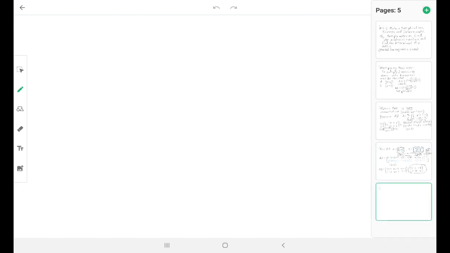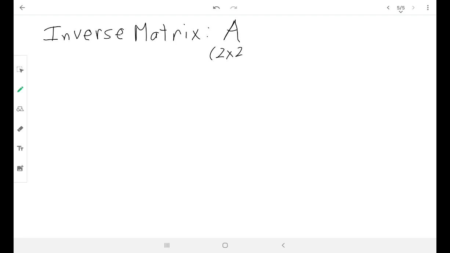Let's then talk about a different idea, which is an inverse matrix. And the way an inverse matrix works is that if you have, let's say you're doing it with 2 by 2s, which is going to be the only inverses that we have right now. We're going to have to talk about determinants also, but the way an inverse matrix works is that if you have, let's say, a matrix A, which is a 2 by 2,